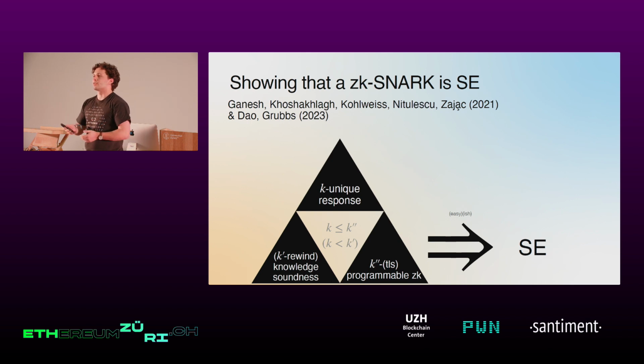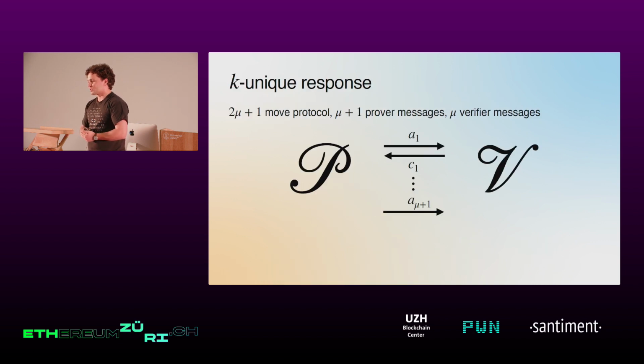And this is somehow easy. You show essentially that if you have an adversary that breaks simulation extractability, then it can break one of these three properties, especially knowledge soundness and unique response. So what I propose is that we go through what these properties mean exactly, and then we look at two simple examples to show how this is applied and how we can prove simulation extractability of many deployed SNARKs, which is good news. So I have some positive results, which is kind of rare, both in computer science and in mathematics. So let's just go with k-unique response.